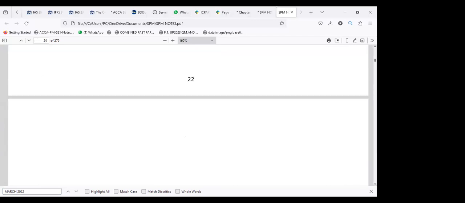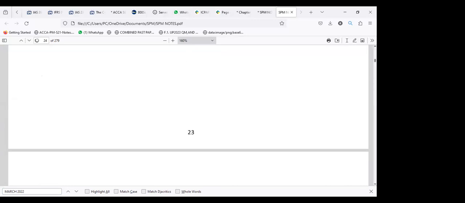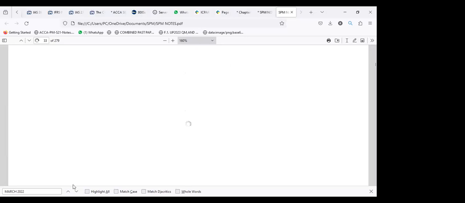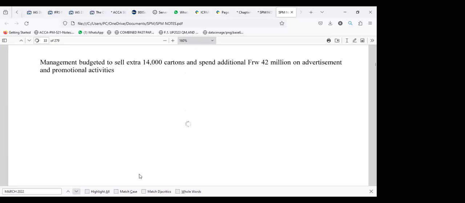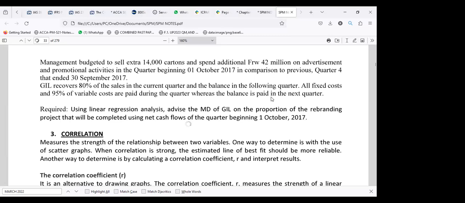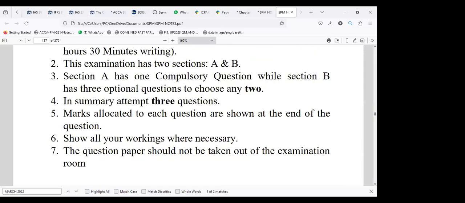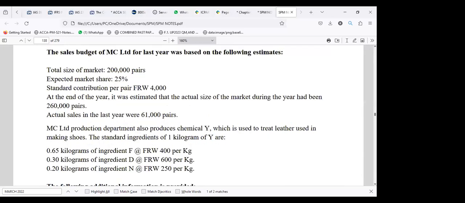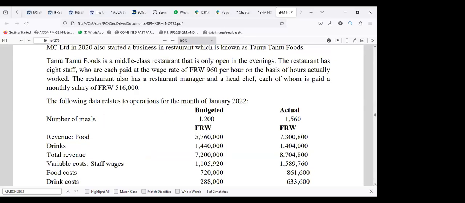But the question there was mainly that you were supposed to use the learning curve concept. Now, unfortunately, there was no formula given. I think in ACCA they do give formulas, and those formulas are what they are. So it has decided to search. So it's a question on